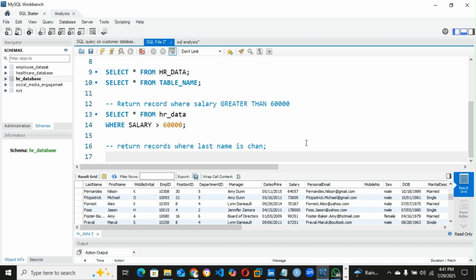So we want to see all the records of this particular person whose last name is Chan. Let's say your boss says, "I want to review this person's record. So please help me bring the file of this person whose name, Chan, is. I want to see." So what are you going to do? You say, "Show me." That is select. We are selecting. In SQL, we start with